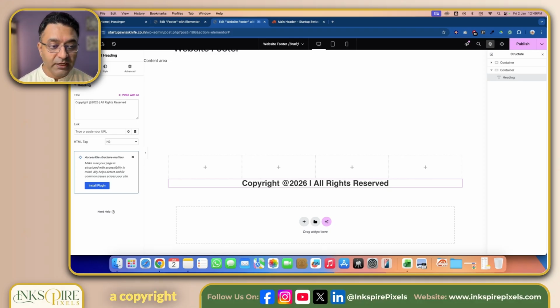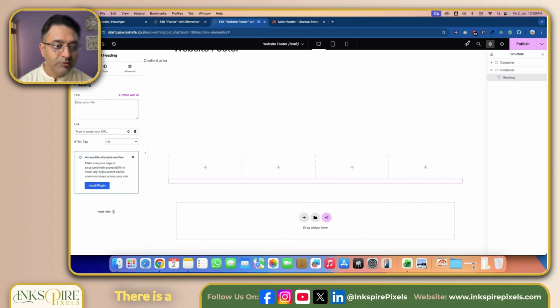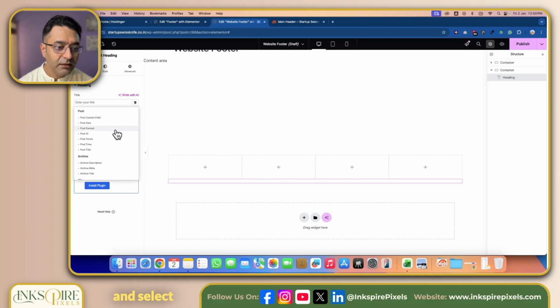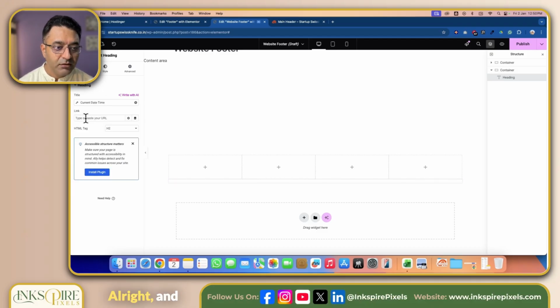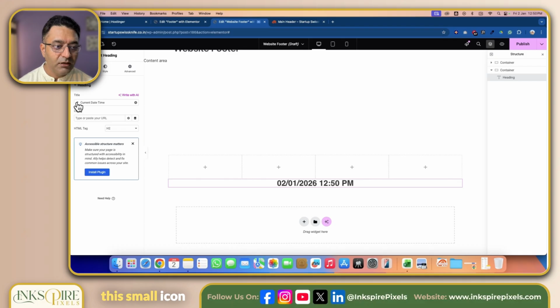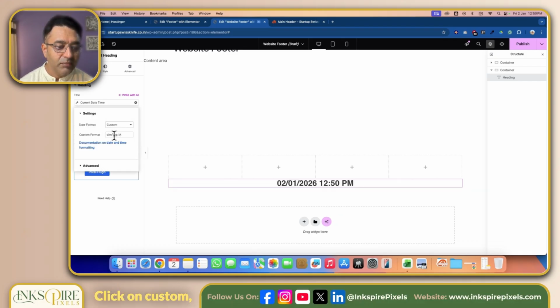and then like this we can create a copyright information. Or otherwise, if you don't want to manually change this year every time the year changes, right, you don't want to do this work manually, there is a better option where what you can do is you can click on this dynamic tag over here and select date, current date time. All right, and then click on this small icon over here, date format, click on custom, and then from here